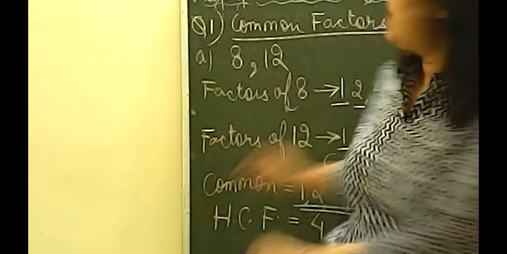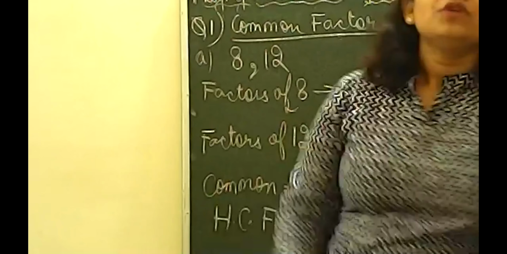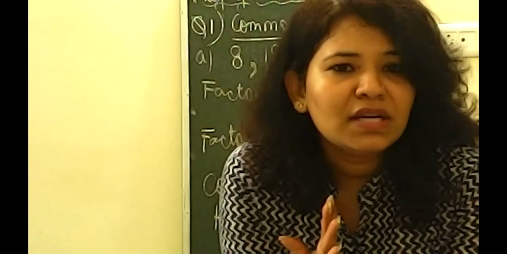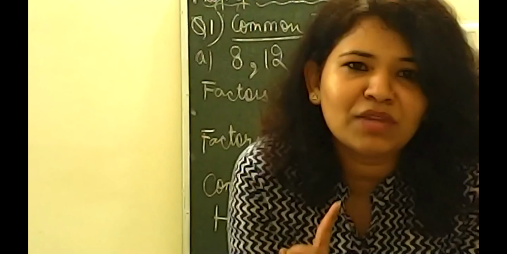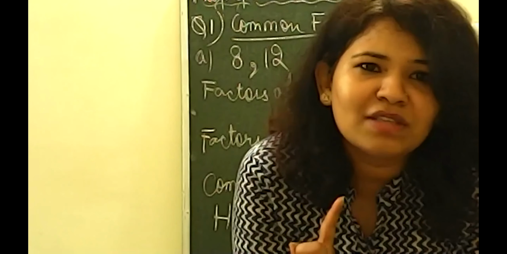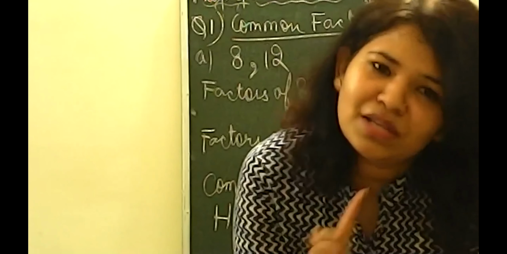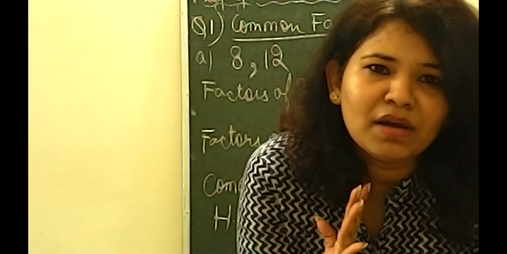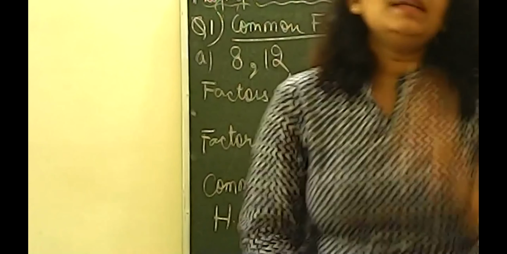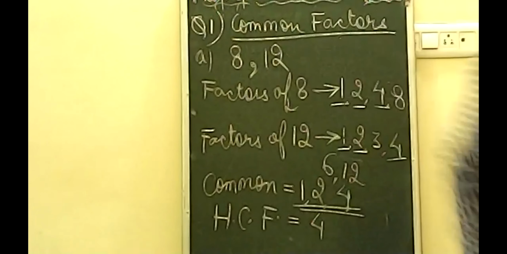See here also I have written 1, 1. So if nothing is common, 1 will definitely be common in that. The one who has no one has 1, the one master of all. I have already explained it to you. So remember, use this concept: the common factor will be 1 in that case. Now let us move further.